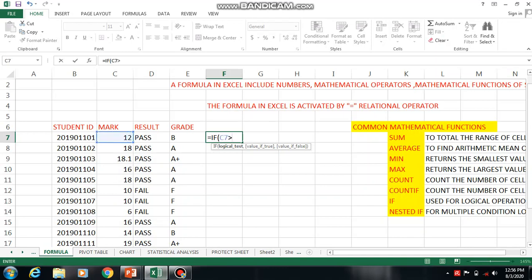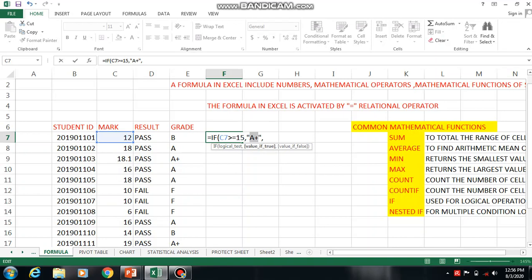If it is greater than or equal to 15, then give A plus. That is the syntax: A plus. So if the student mark is 15 or more, then you give A plus.